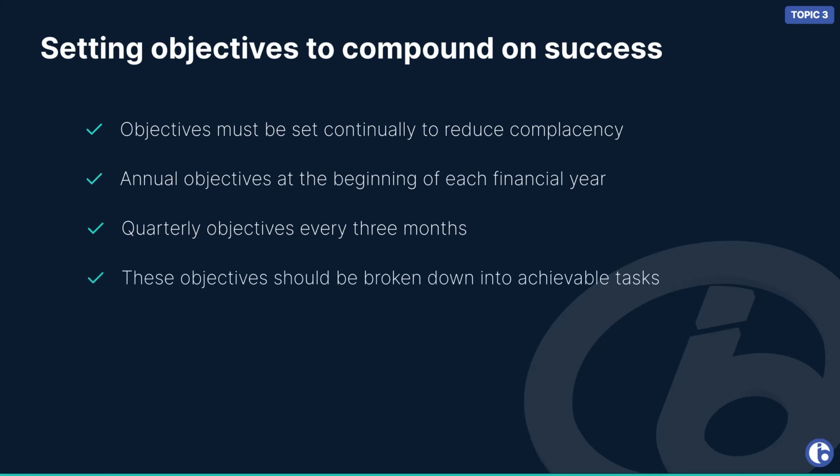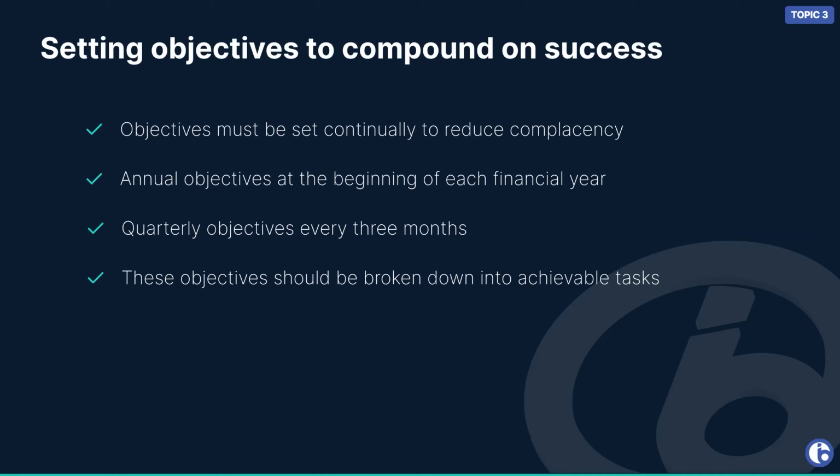Now, these objectives then should be broken down into achievable tasks, okay? So let's just say the annual objective is, I want to double the business turnover by the end of next year, okay? Fantastic. So the quarterly objective is then, we need to make sure that we're earning 25% more money, right? So a quarterly increase by whatever we're doing. If we're running it over 4 quarters of the year and we want to double it at the end of the year, we need to make sure that we're compounding 25% on each quarter to make sure that eventually we're going to earn double the turnover by next year. Or you can work out your own maths on this one. So essentially that's going to be a smaller objective.